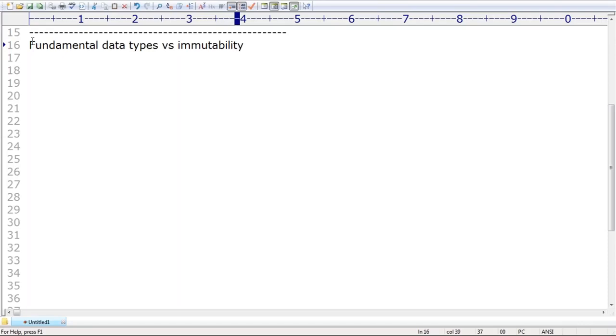A bit at the internal, memory level, I explained. Have you remembered, right? Okay. Fundamental data types versus immutability. I covered this one, sir. All fundamental data types